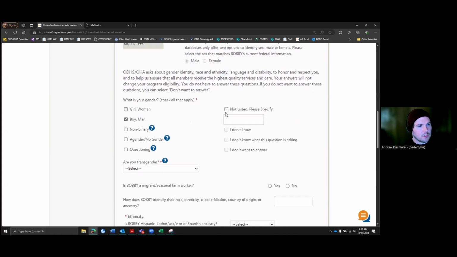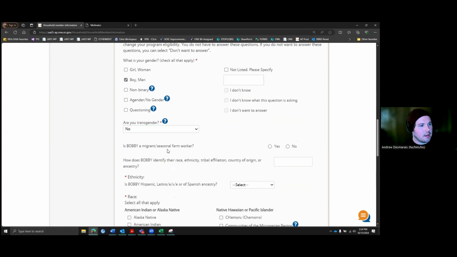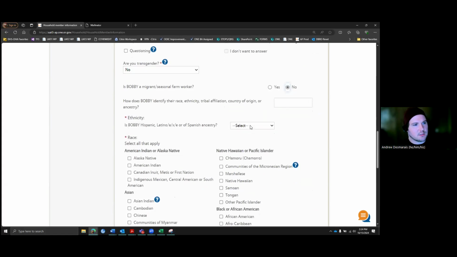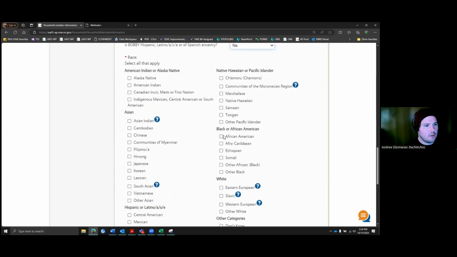It asks gender questions here. It asks about gender modality here. It asks if Bobby is a migrant or seasonal farm worker. We're going to say no. That question pertains to expedited SNAP. We'll talk a little bit more about expedited SNAP once we get to that screen. Ethnicity, race,